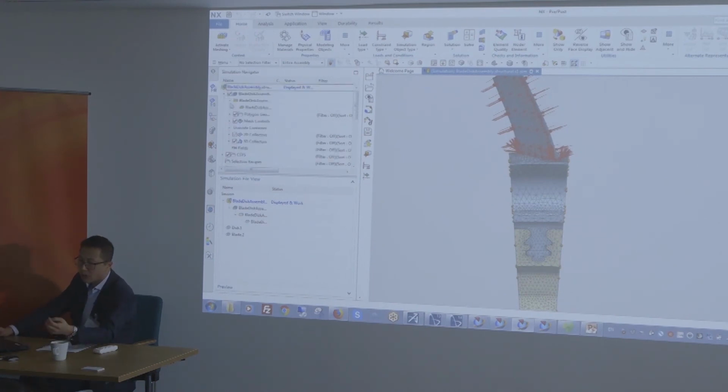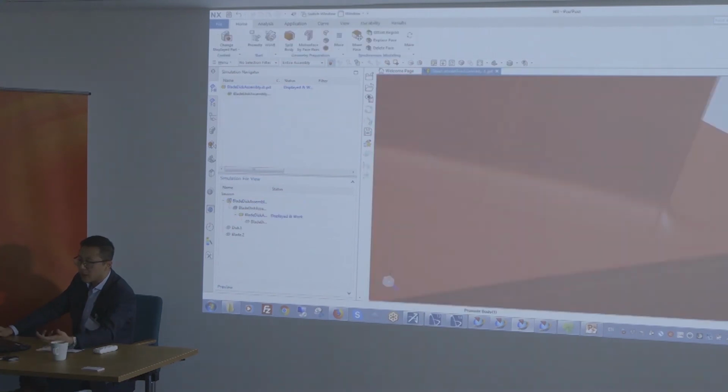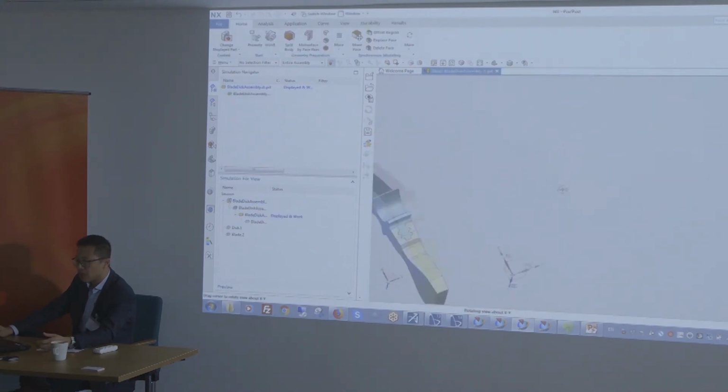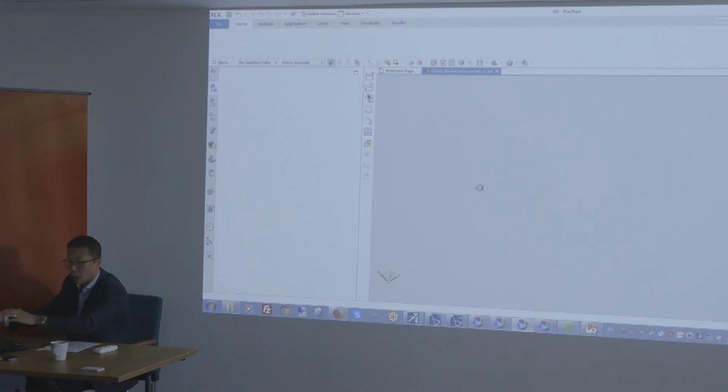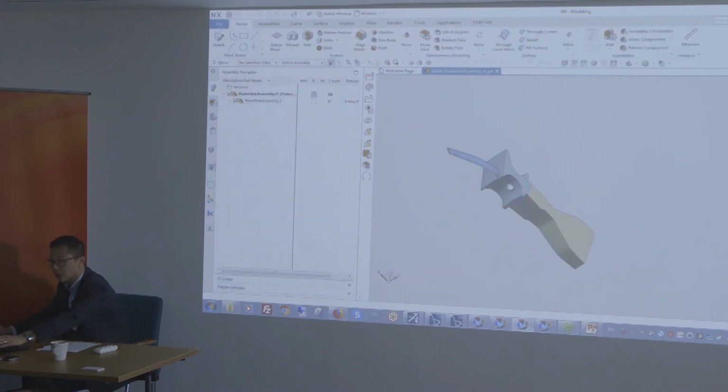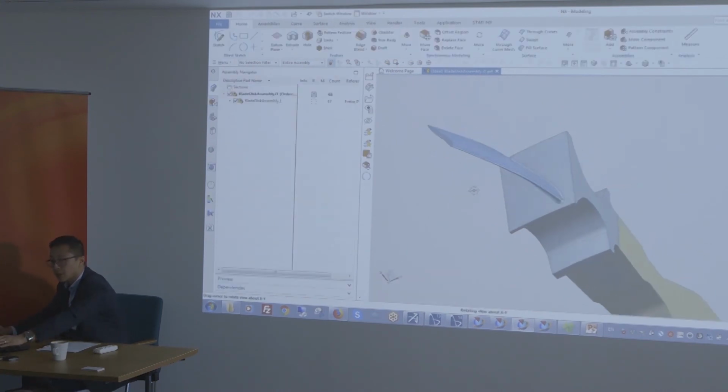Now, what if I want to slightly modify the curvature of this blade? What will I need to recreate? Do I need to reinvent the wheel? Right. So let's make this change here. We'll actually go all the way to the CAD, where the view that a designer would potentially have, and